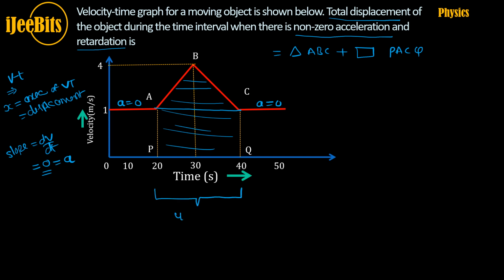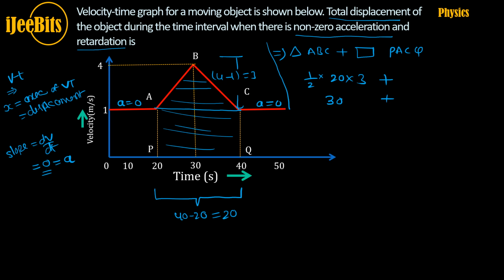40 minus 20. How much do you get? 20. What about this height? From here to here, 4 minus 1, right? This is 3. Okay, so now you see, base 20 and height 3. How much? 2 1s are 2, 2 10s are 20, 3 10s are 30, plus